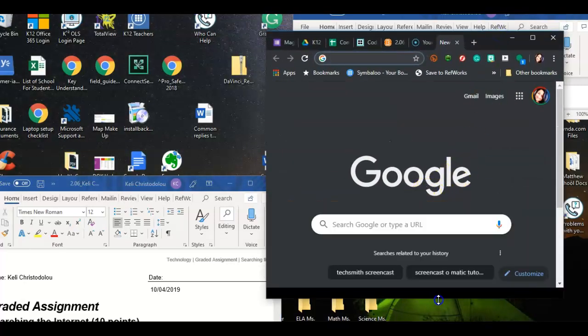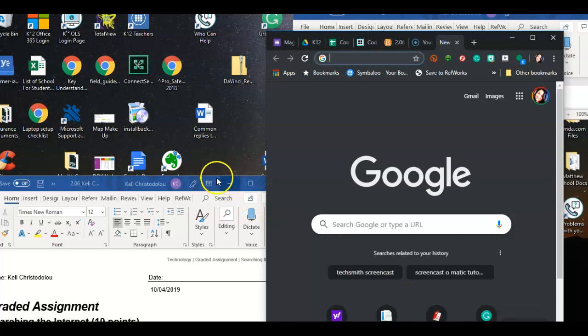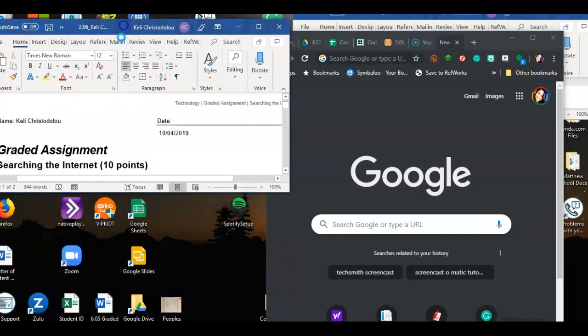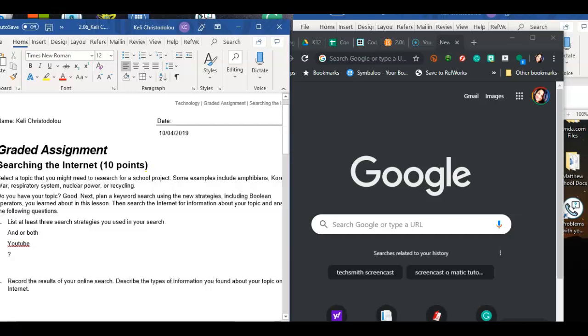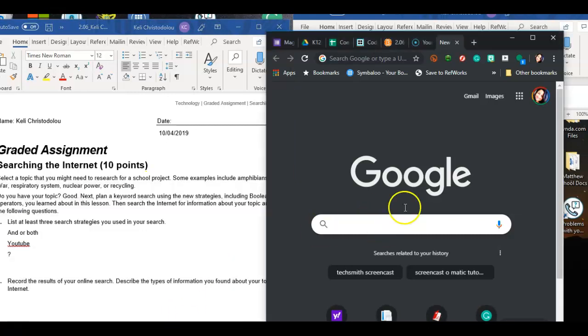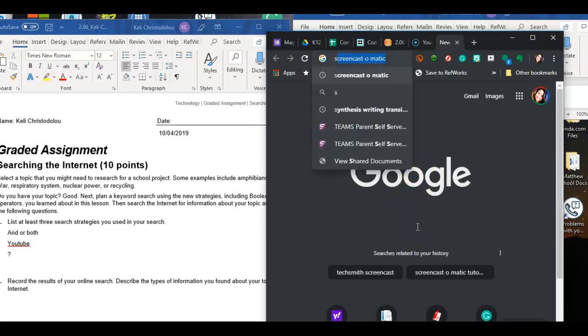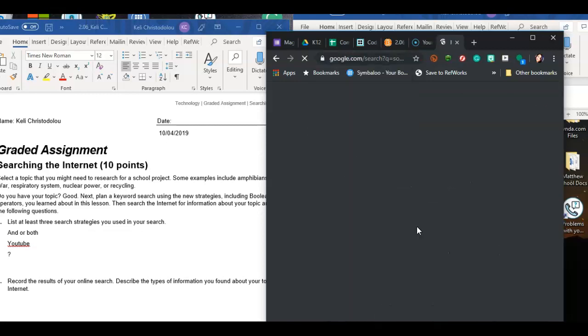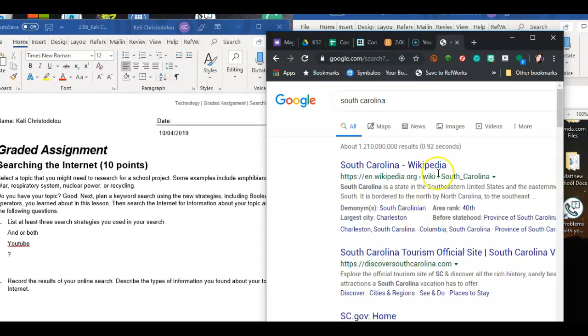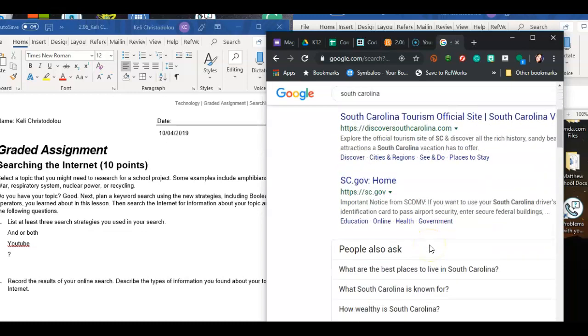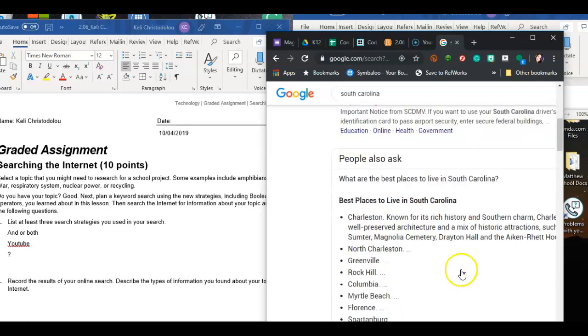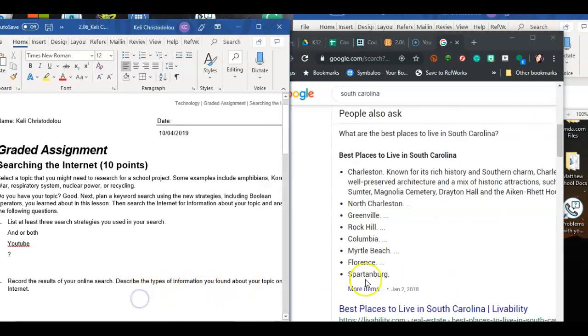Here we go. So over here you could go here. See how easy this is? Yes, this is so easy. So you could go over here and say I was looking up, oh wait a minute, hold on, South Carolina, and I typed enter. What did I find? I'm always going to say South Carolina because what are the best places to live in South Carolina? Charleston! Awesome. So I'm going to put, I learned that